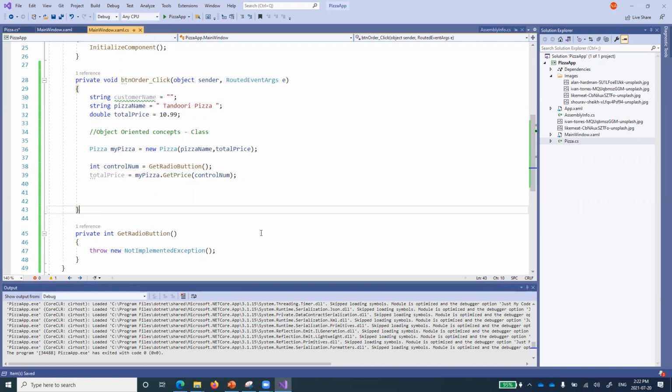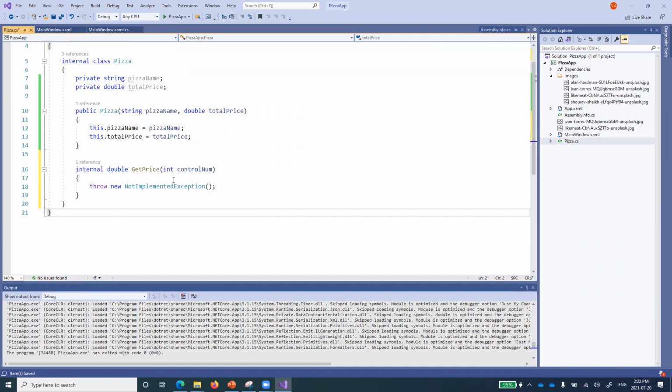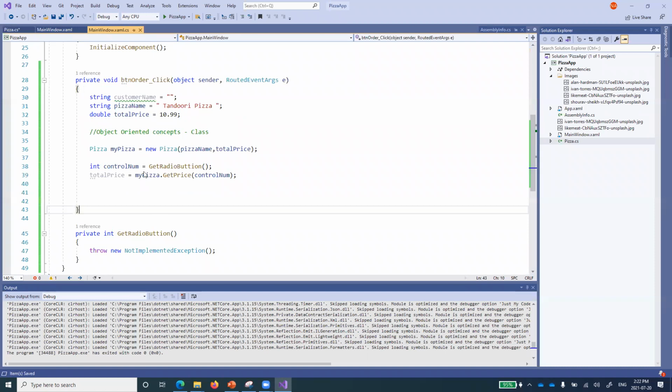Now, where is this method created? Can anyone tell me? My pizza dot. So it should be created in what? Pizza class. You see, it's created over here, get price. I'll talk about this implementation, don't worry about that. But right now, just to see what we are doing, we are saying control num,